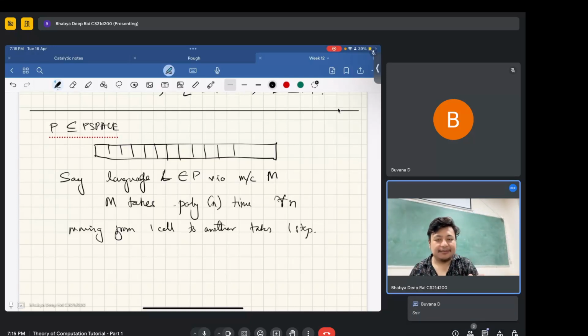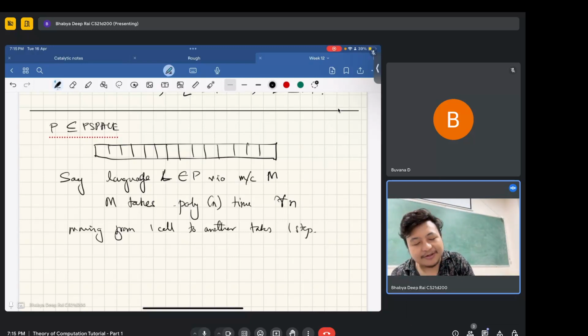So my machine takes polynomial time. What is the maximum space? And how is space defined? Sorry, I did not confirm this in the beginning. Space is defined as the rightmost cell in the tape that you can touch. So what is the rightmost cell you can touch? Since it takes at least one step to move to another cell,